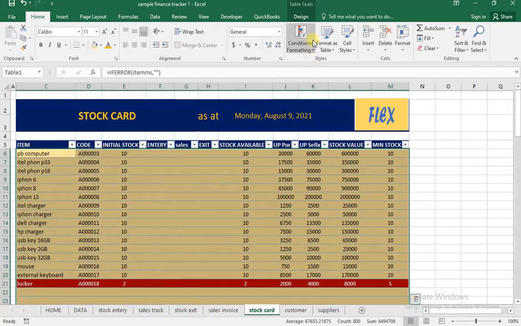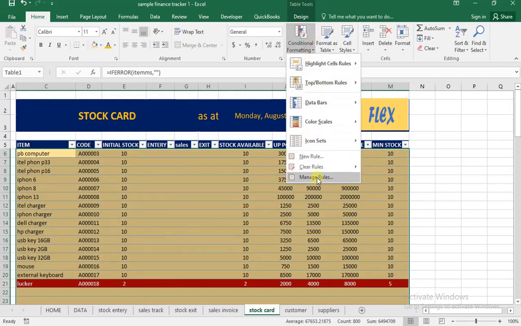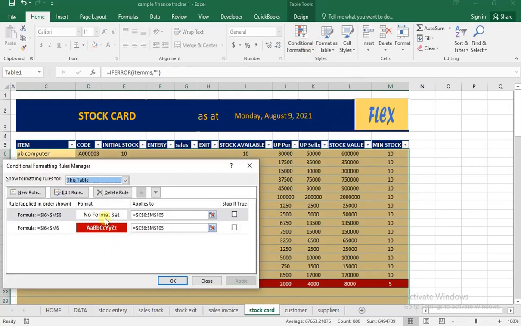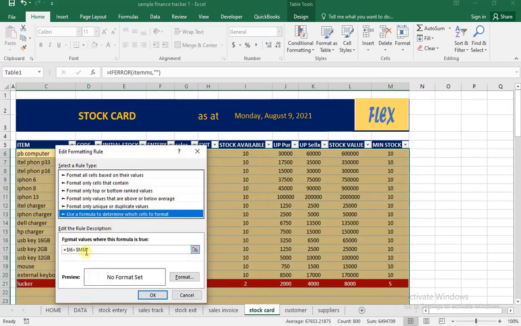Oh, it has gone. We come to manage it. Let's come back here. Yes, if it is actually greater than the minimum stock plus 10,